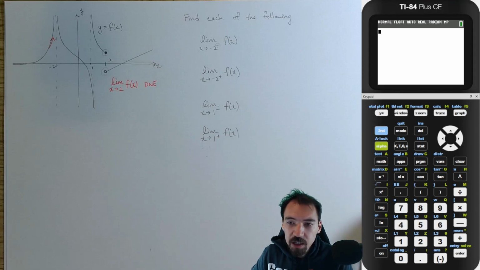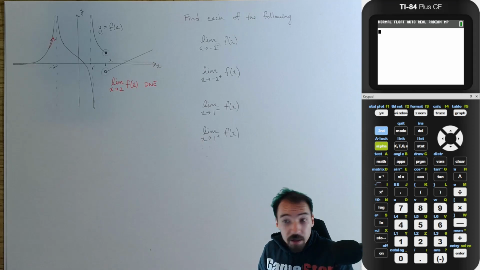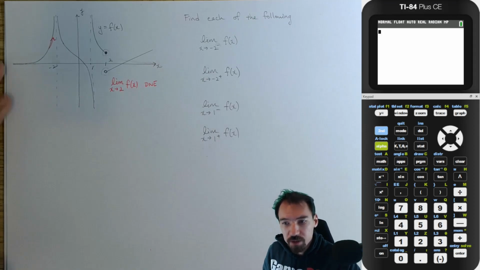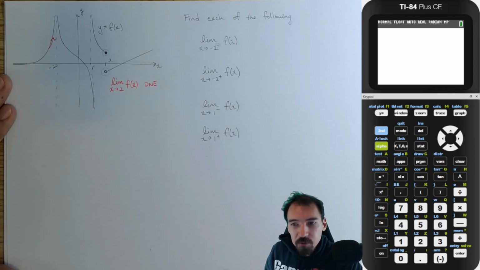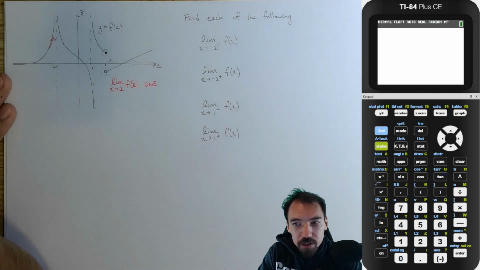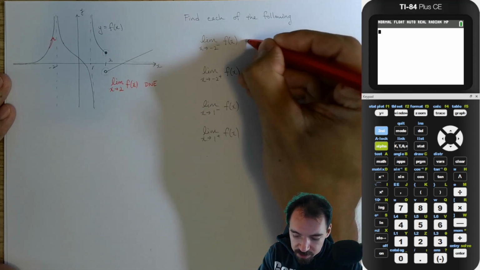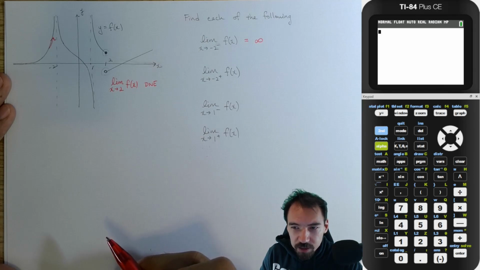And generally speaking in math, we like to increase our vocabulary to address things that are different from each other, right? We just want to describe things better. So we say, in this case, the y values increase. They get bigger and bigger and bigger and bigger. And that's a concept we encountered last time we talked about end behavior. When x got bigger and bigger and bigger and bigger, we used the symbol infinity to represent something bigger than any number. So we would say this is equal to infinity,